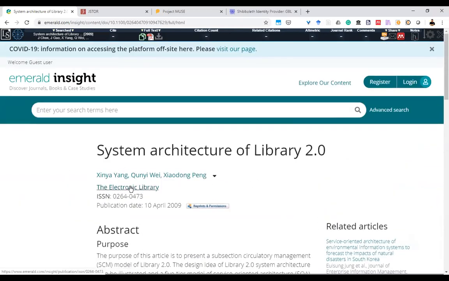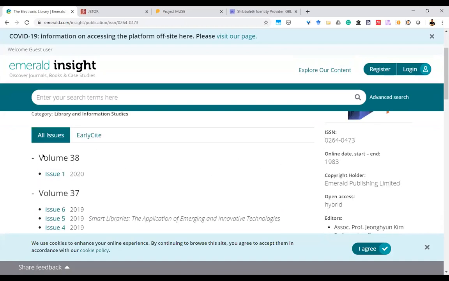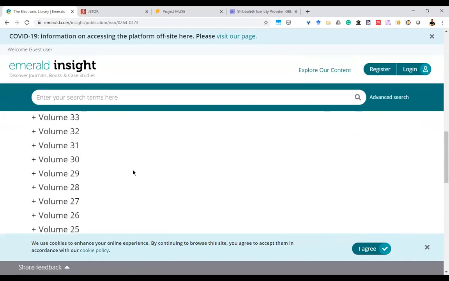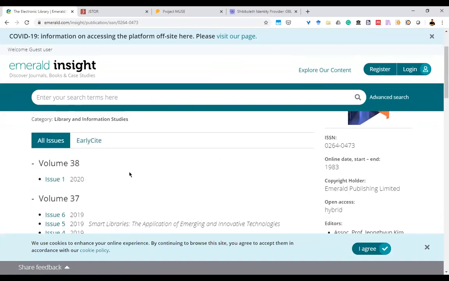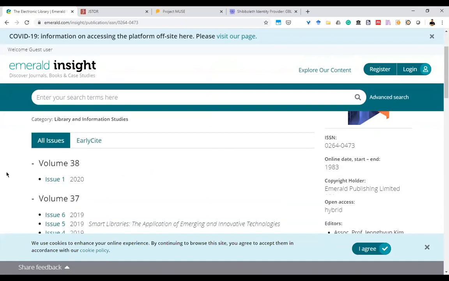And also, if I want to go directly to the particular journal, I can go, and from here I can see all the volumes and all the articles published by this particular journal, for example, The Electronic Library. The early sites are the articles which are not yet formally published, but are available online so that you can read them.